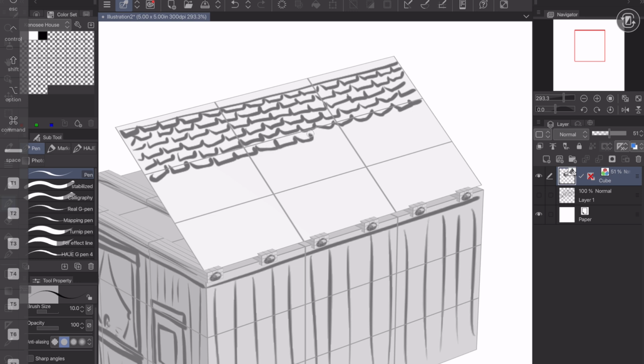Maybe they're like cedar shingles. But anyway, this is really cool. Normally, in previous versions, I don't think you could do this, or I didn't know about it anyway. But I don't think you could draw on the shapes like this. And the cool thing about this is,